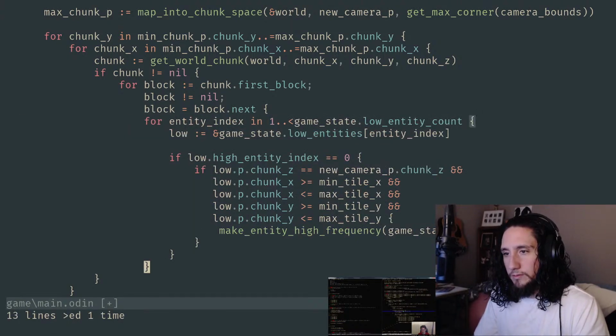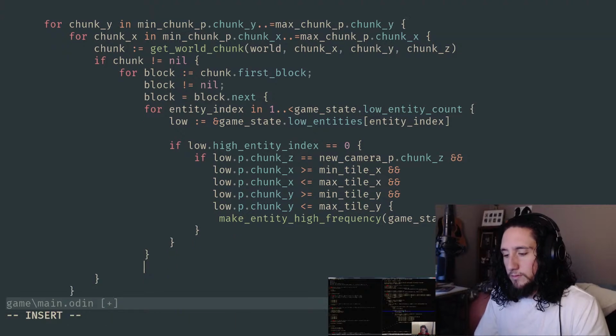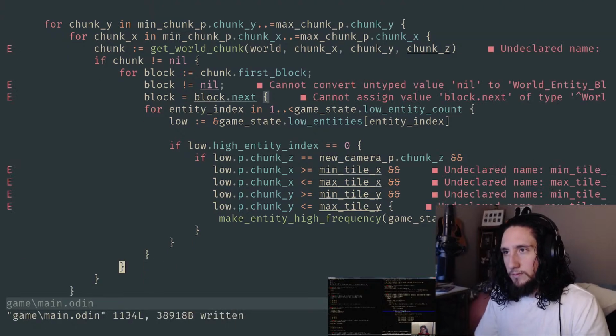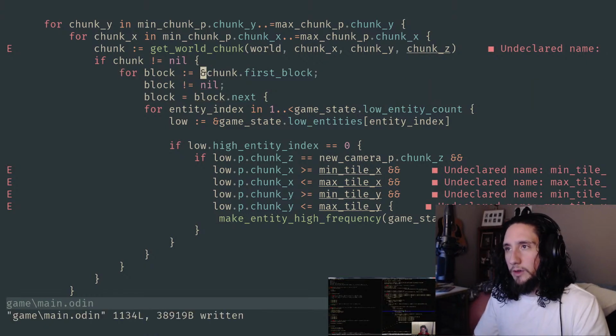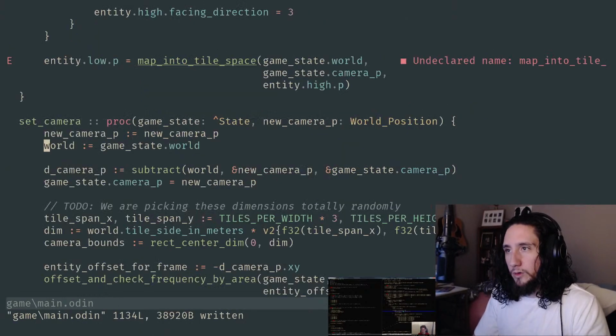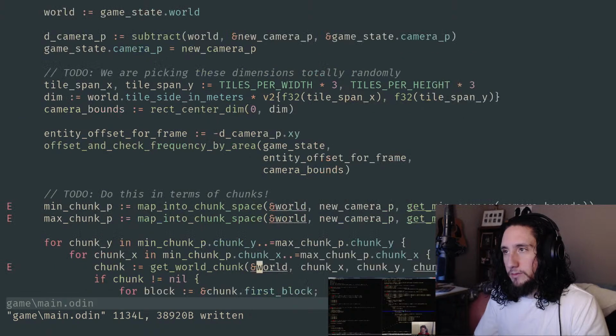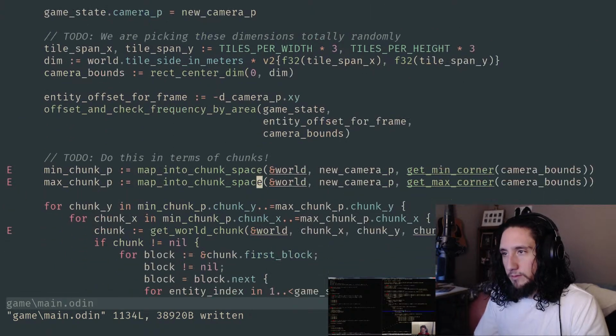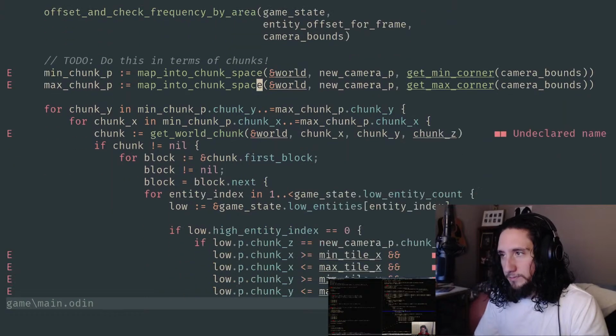And that looks good. What is the matter? It's because we need an address. There we go. And this probably needs to be the address of, or is world already a pointer? It isn't, so yeah, I'm passing it in by address over here.